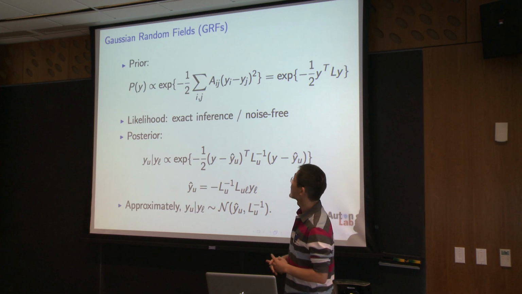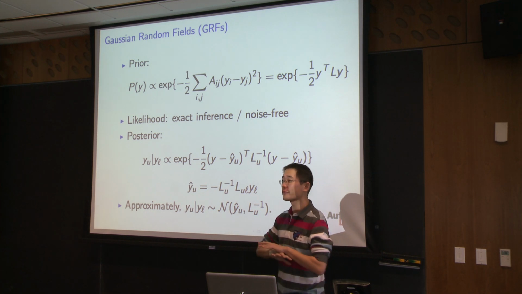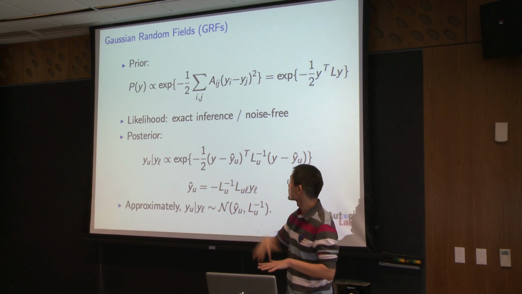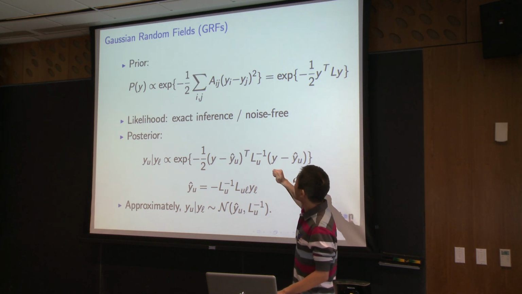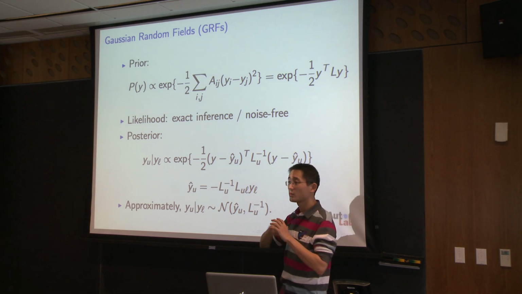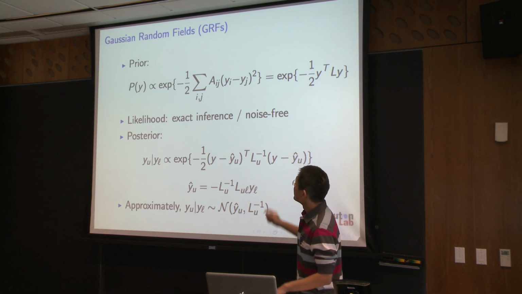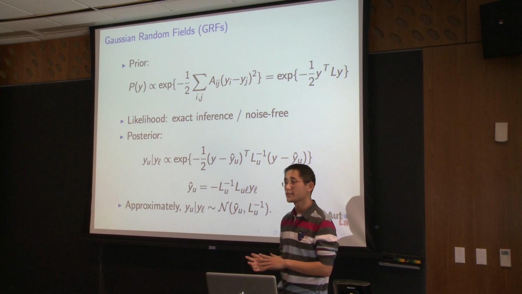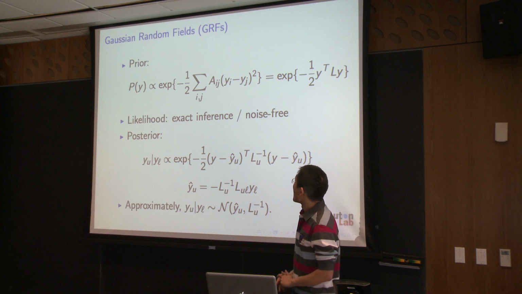So here's the Bayesian inference model behind the graph. Suppose, well, in a graph we know its labels, but let's just imagine these labels are generated in this way. So there's a prior. This prior says if node I and node J are connected through an edge, and their labels are similar, then you get a higher probability for this type of distribution. So there are also other ways to introduce Gaussian random fields, but I'm just introducing this through the Bayesian inference framework. The likelihood,